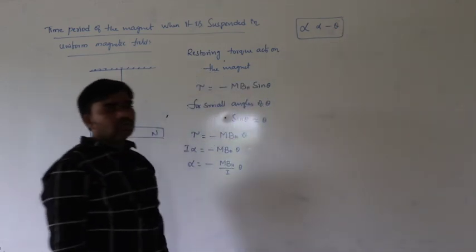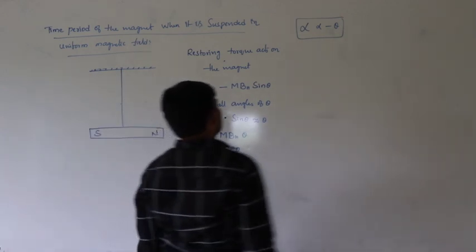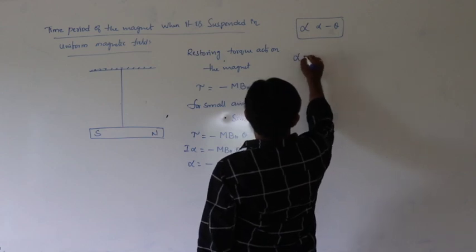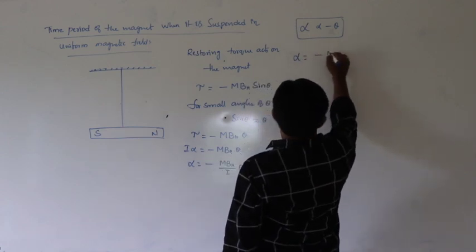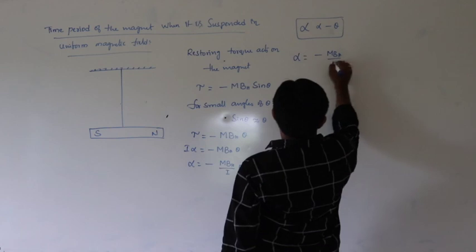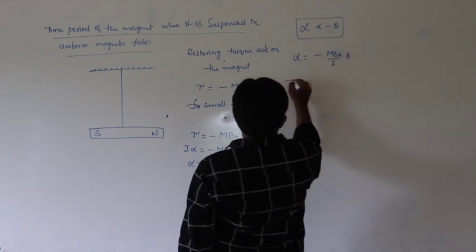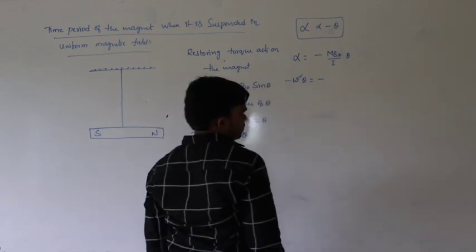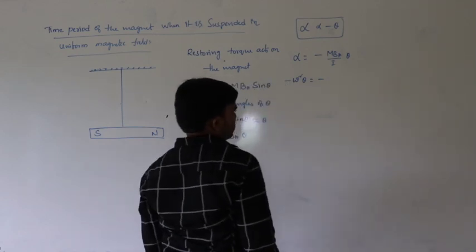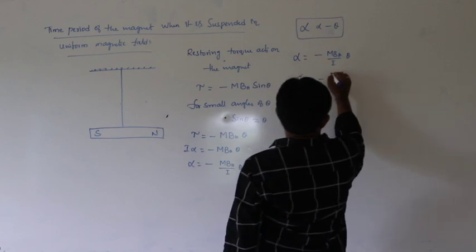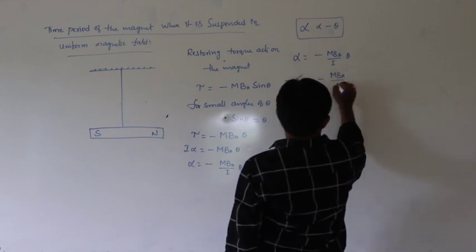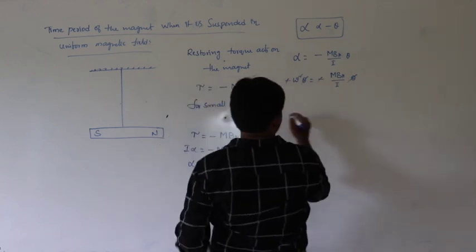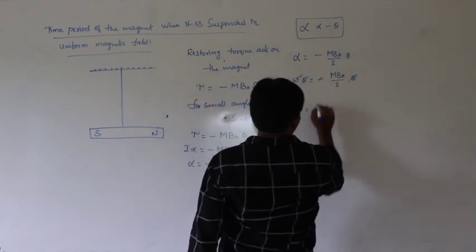Alpha can be written as minus omega square theta, so omega square theta equals mBH by I into theta. Theta gets cancelled, and the minus sign gets cancelled. Omega can be written as under root